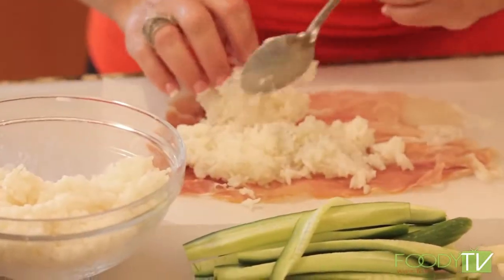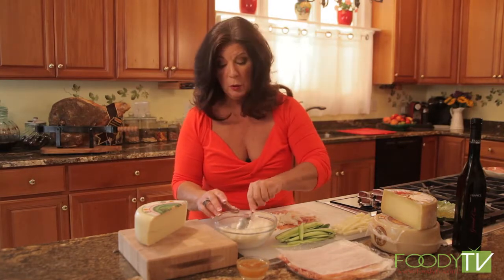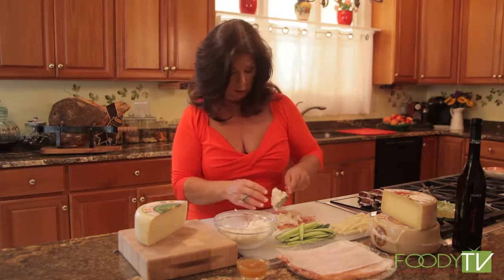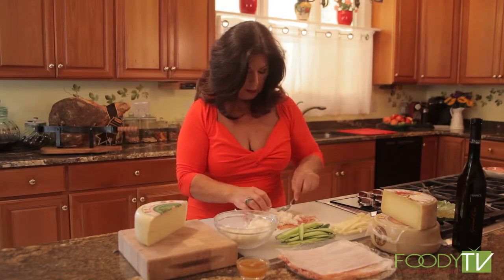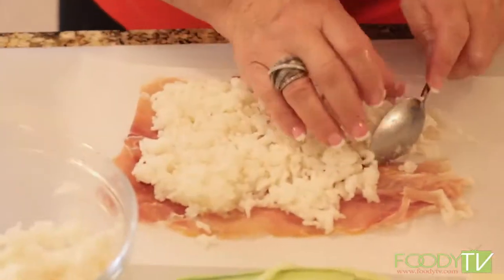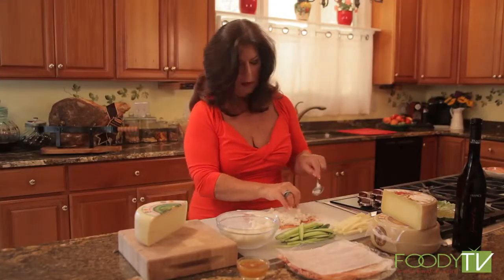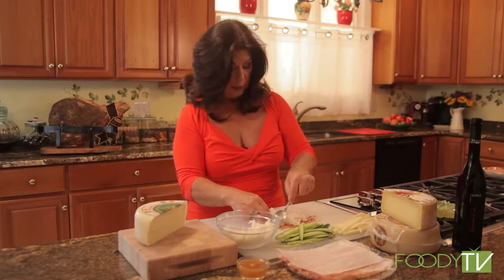And I cooked this rice yesterday, so it's nice and cold, but if you're cooking your rice just before using it, you'd want to let it cool off because it will melt the prosciutto. Okay, so we'll spread our rice out. And then once the rice is spread nice and evenly,